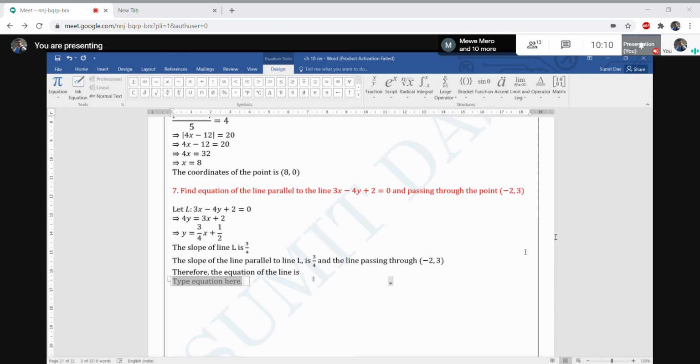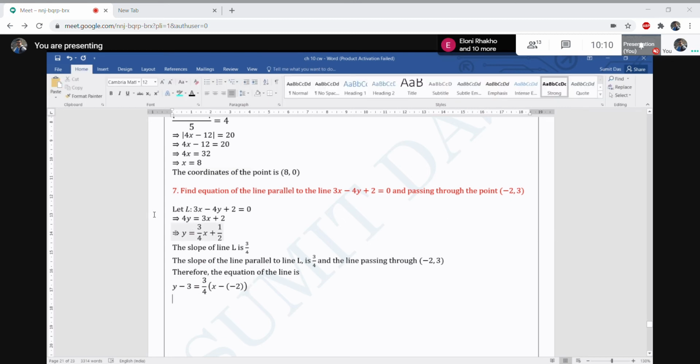Point slope form, anyone remember? Point slope form: y minus y naught equals m into x minus x naught. What is y naught? 3 equals m, 3 by 4, into x minus x naught, that is minus 2 here. Next line, if you simplify this one, it will be